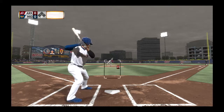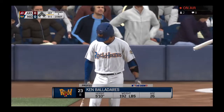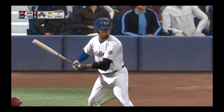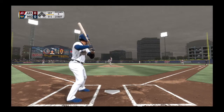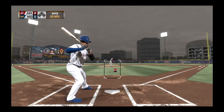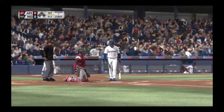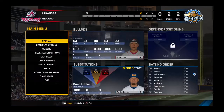Into the box now, Ken Baladares, as he will take strike 1 on the fastball here. No balls and a strike. First cuts for him here with the bases open and 2 away. The 0-1 on its way. Takes a look at one catching the outside corner. See what happens when you work fast, you stay aggressive, and you come right after guys. Man,